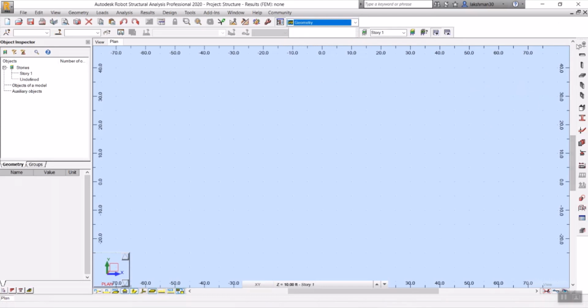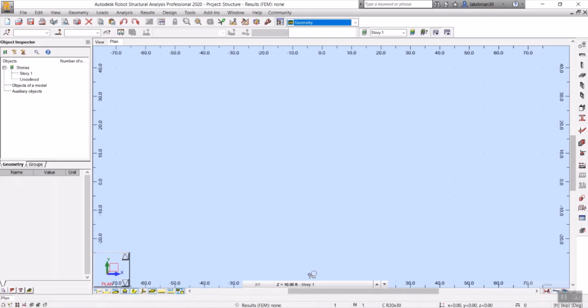Starting from the grid, we'll have all the options for adding the materials, then the supports, then loads, and then the results. So here you can see the total workflow of your design. If you're going to model it newly, you start from the grid and come until the results page. This is the view menu, where you can control the view of the drawing space.